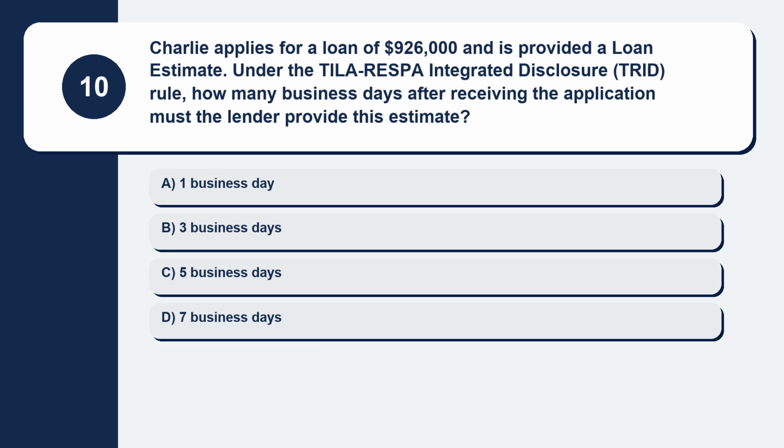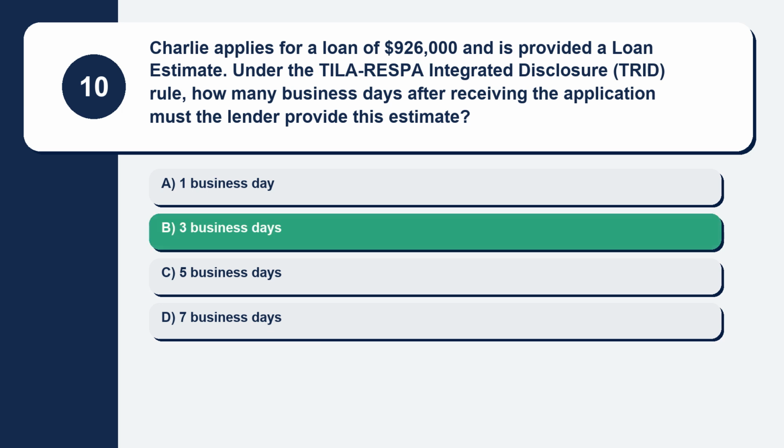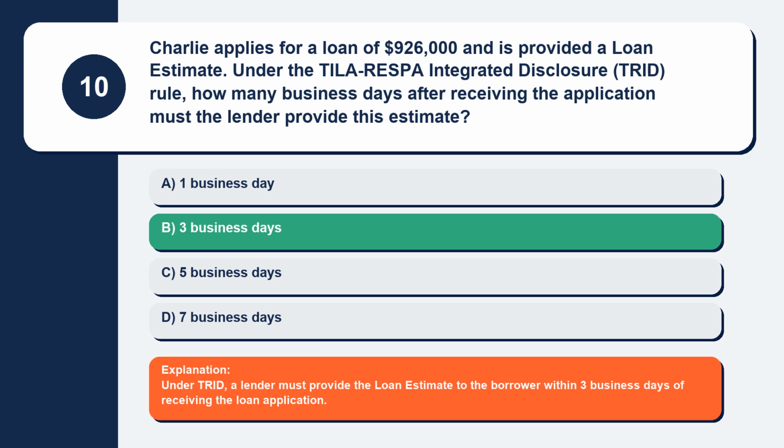Option A, 1 business day. Option B, 3 business days. Option C, 5 business days. Option D, 7 business days. The correct answer is option B, 3 business days. Explanation: under TRID, a lender must provide the loan estimate to the borrower within 3 business days of receiving the